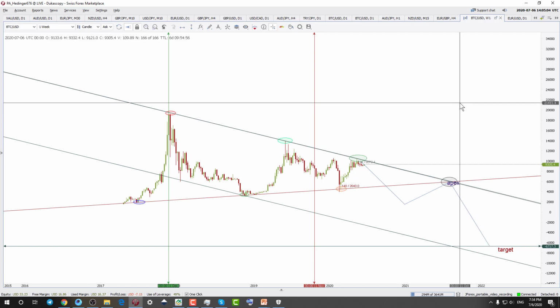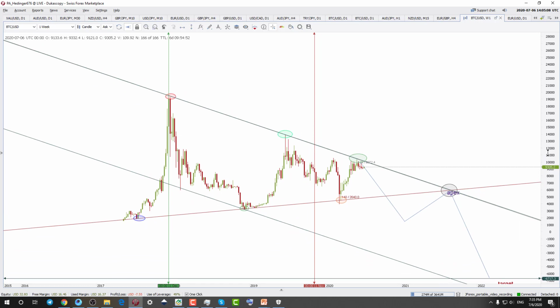Now, does this really work in the real market? Well, for the Bitcoin here, only time will tell whether it works or not. It does not work 100% of the time, but it works most of the time. If you follow proper risk management techniques, then you will be profitable in this pattern trading.